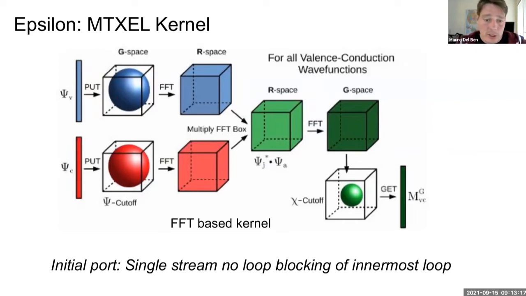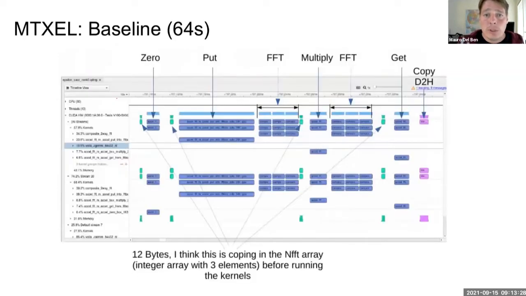And again, the initial implementation is just a single stream, and we don't block the innermost loop. So we just perform the entire cycles of the innermost loop without actually blocking the loop itself. So we started with the baseline profile of this original kernel. And what we immediately see is that it's pretty simple to isolate each of the individual kernels for the innermost loop. And we noted that we have these data transfers that are kind of breaking between the various